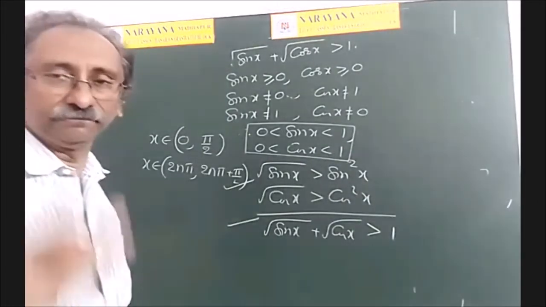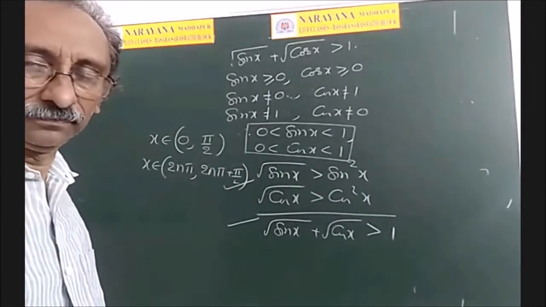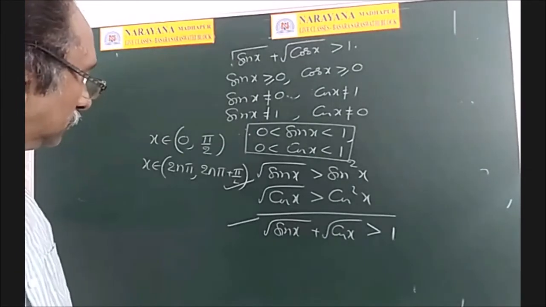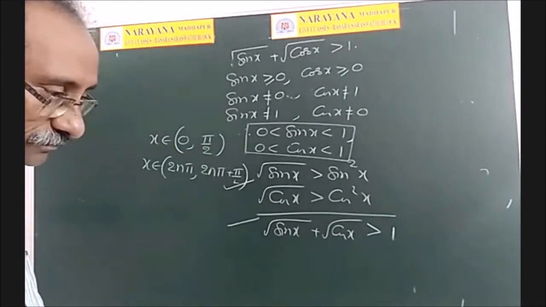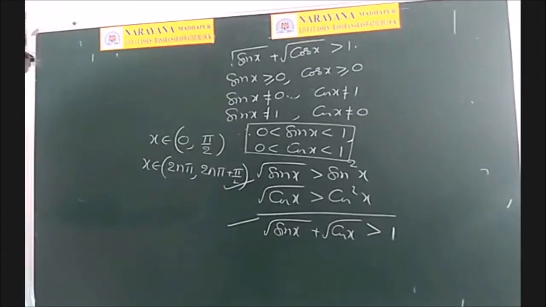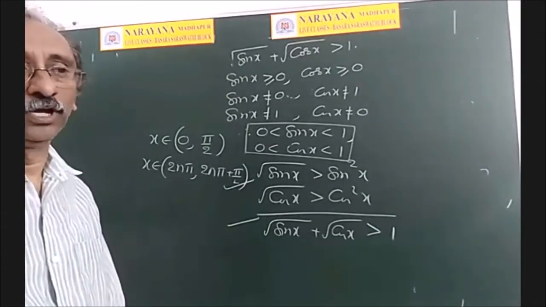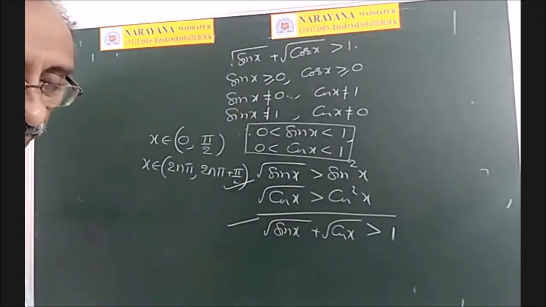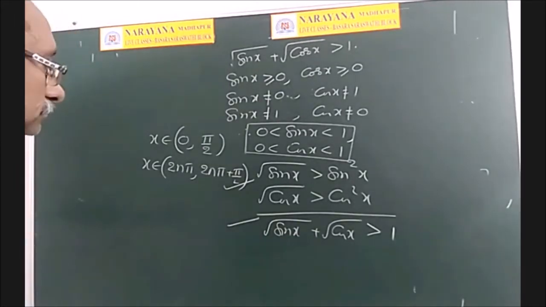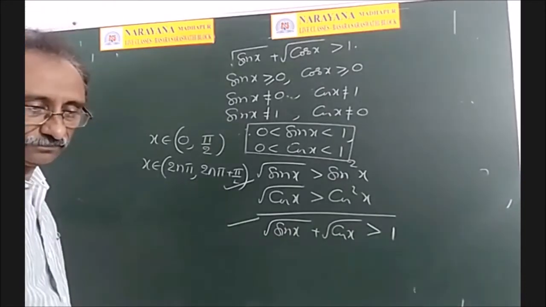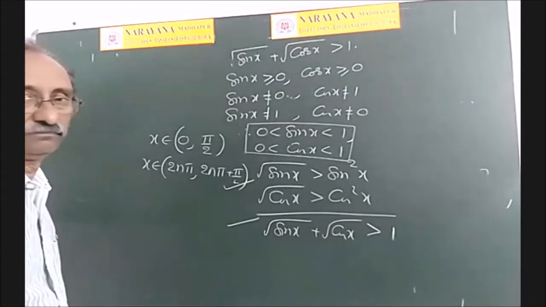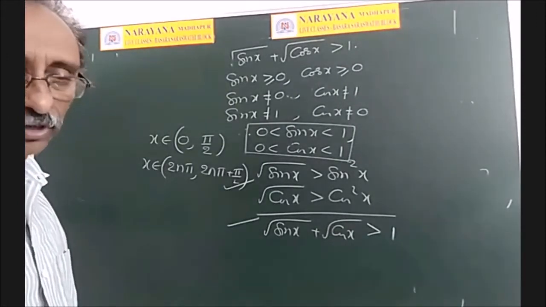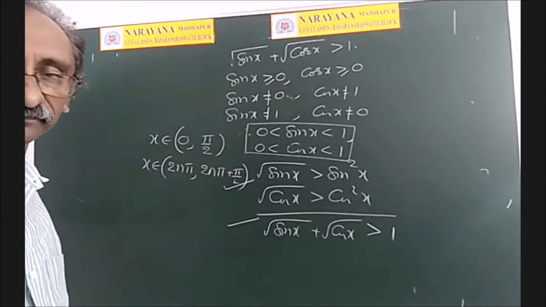Divit Reddy. Sir, we'll add 2n pi now, sir, to get the general solution. Yes. Sir, that is for all trigonometric functions, sin x, cos x, tan x. For sin x and cos x, you know, the period is 2 pi, and tan x period is pi. Yes, sir. Then we should add n pi, sir, right? Sir, for tan x we have to add n pi. Right. We have to add n pi. Okay, sir.